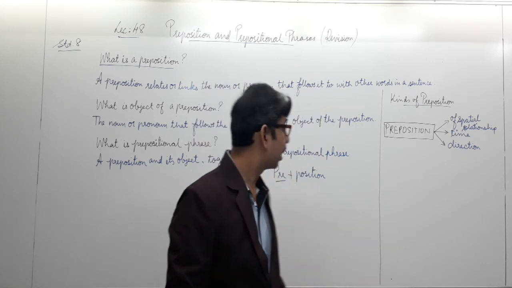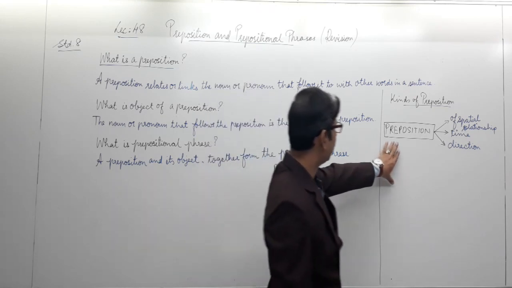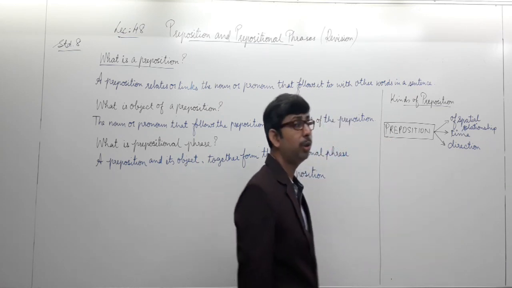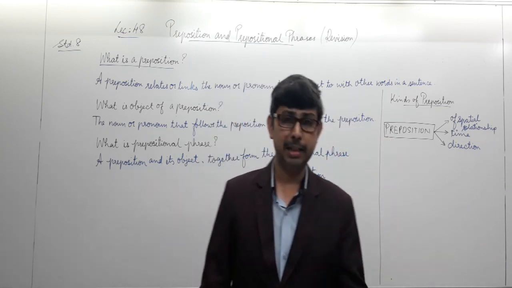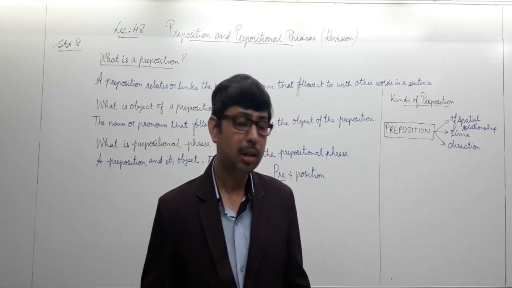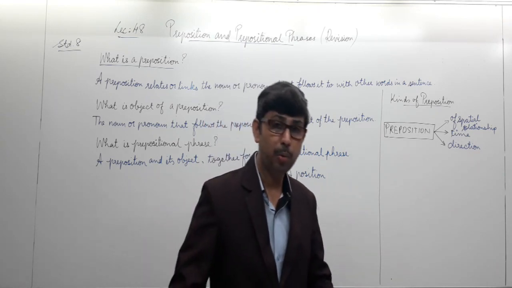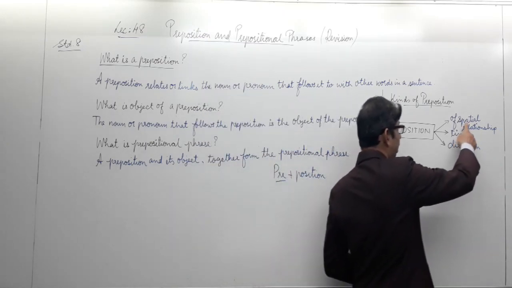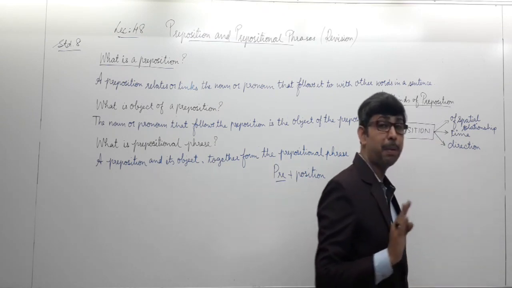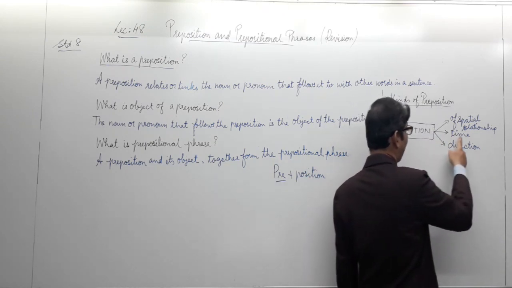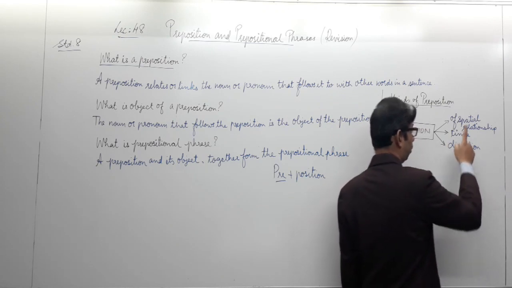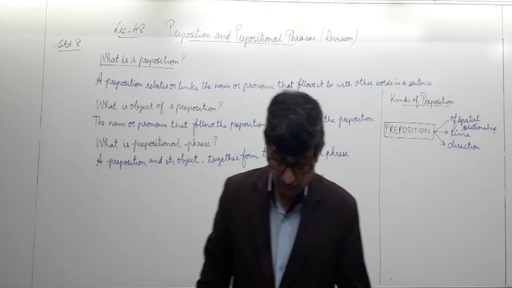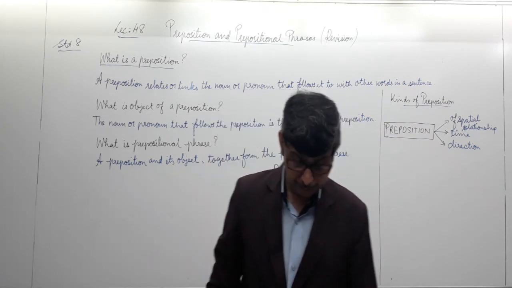Let us discuss and understand the kinds of preposition, which is really very important. Prepositions can be categorized into three kinds, but we can have some additional kinds also. I have mentioned three important kinds over here: preposition of spatial relationship, I am not saying special, spatial; preposition of time; preposition of direction. When you talk about preposition, at least three kinds you should know. Let us discuss a little about each one of them.